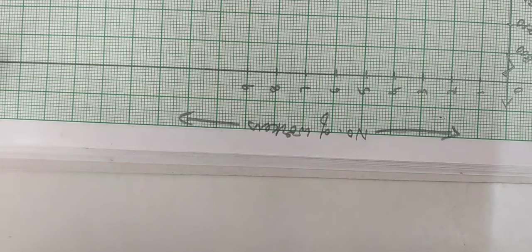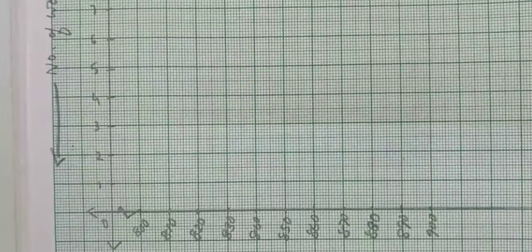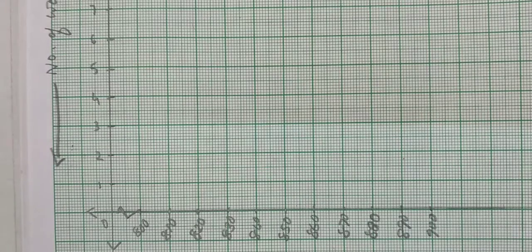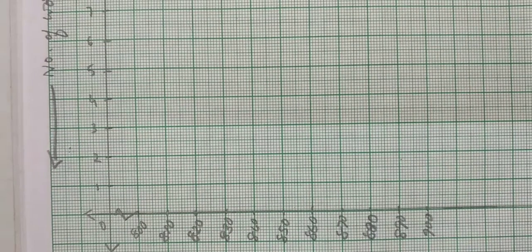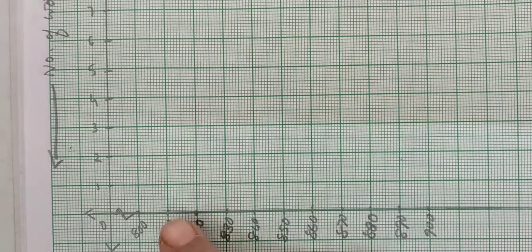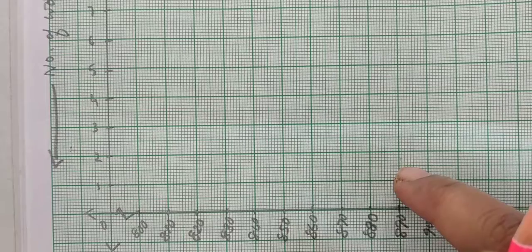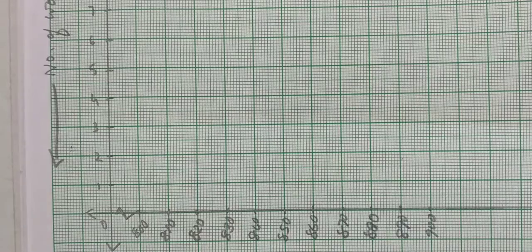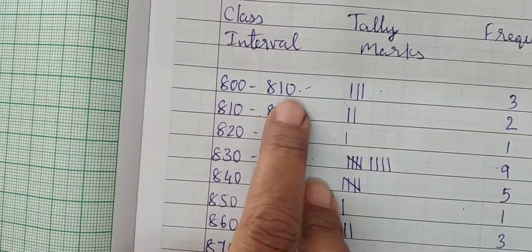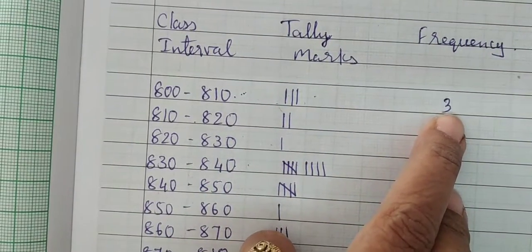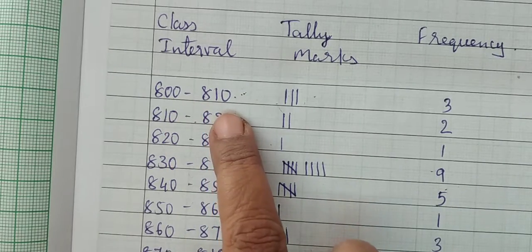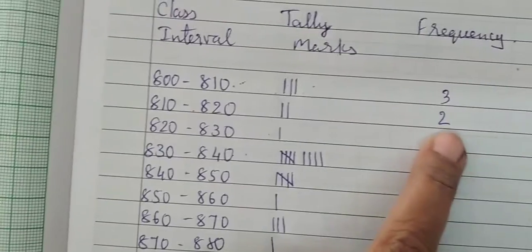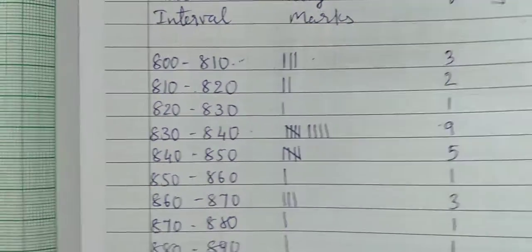Anyways, hope it's clear. If you have any doubt, as I told you, you can call me at my number anytime and make it clear. Right? Now we will draw the bars of the histogram, and here the bars are going to be connected with each other. There won't be any space between the two bars. The first class interval is 800 to 810, and what is the frequency? 3. And from 810 the next bar starts to 820 and the frequency is 2. Let's see how we are going to do it.